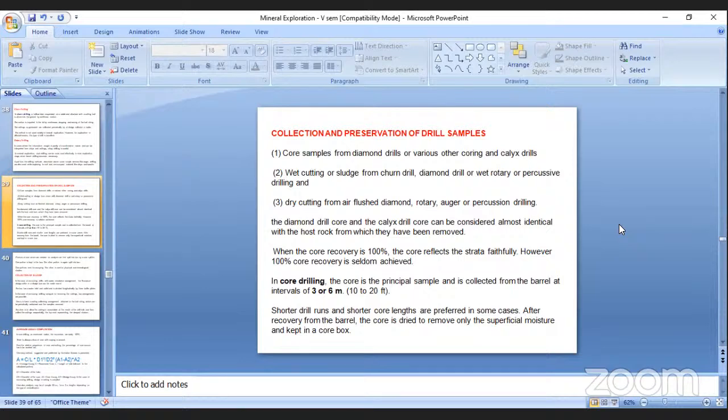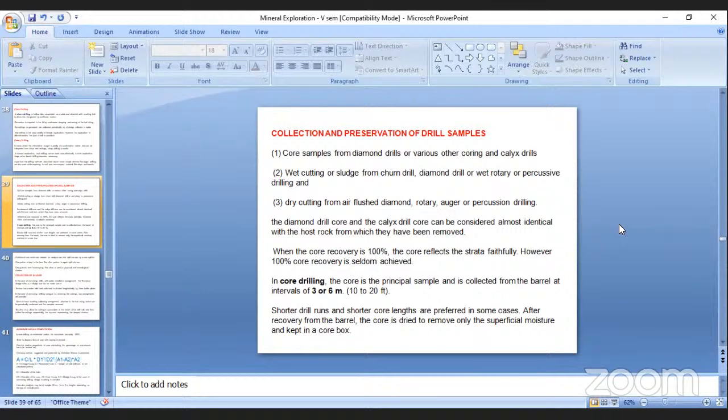First, wet cutting or sludge from churn drill, or diamond drill, or wet rotary, or percussive drilling. If it is dry cutting from air flush diamond, rotary, or auger percussion drilling, whatever method we follow,